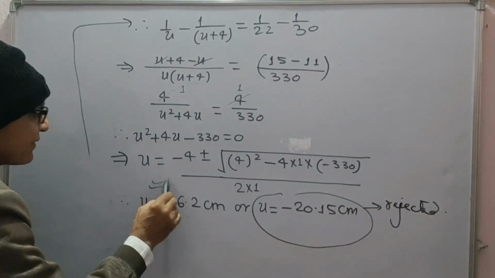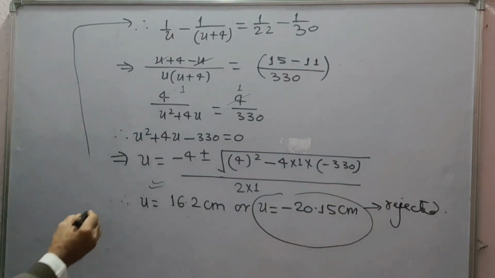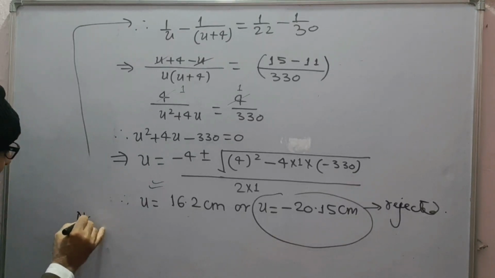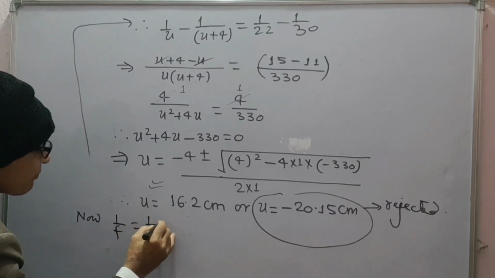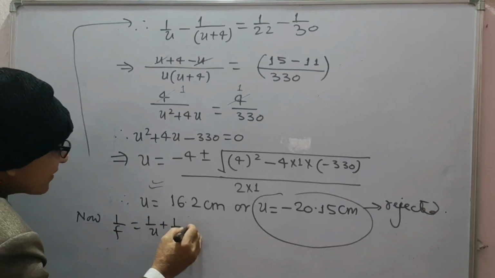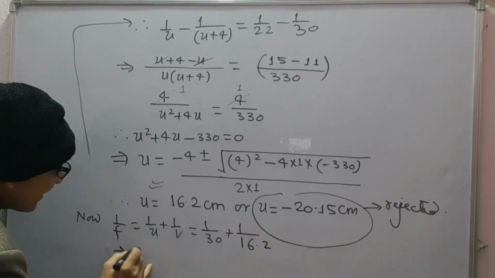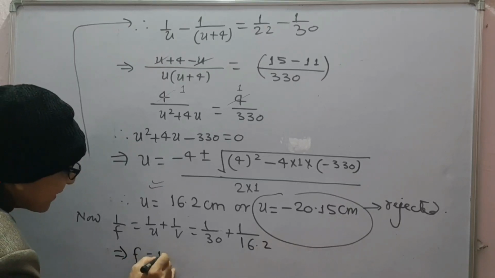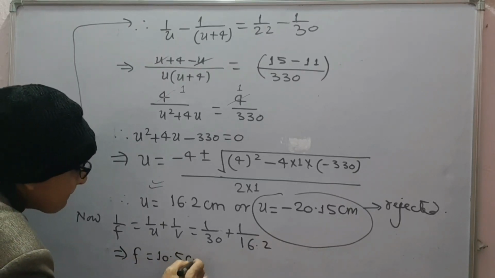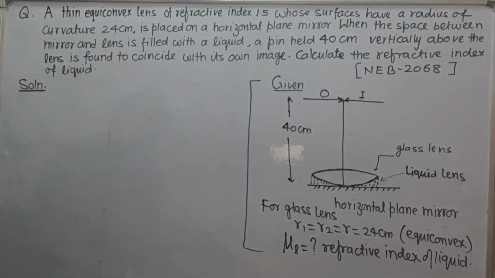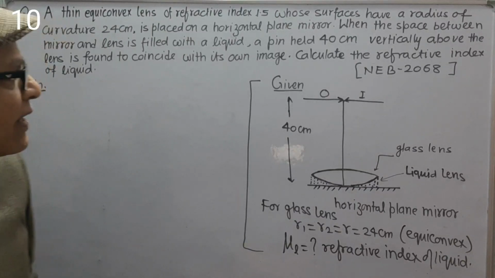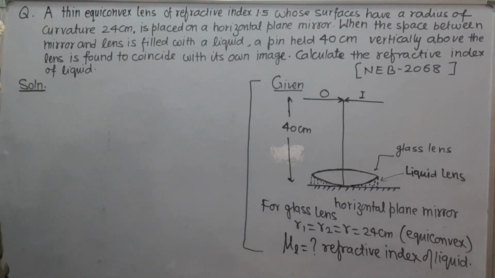Therefore, u will be this one. Now, 1 upon f is equal to 1 upon u plus 1 upon v, which gives f as 10.5 cm. The question is, a thin equiconvex lens of refractive index 1.5 whose surfaces have a radius of curvature 24 cm